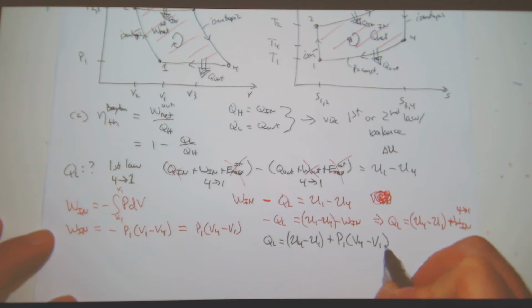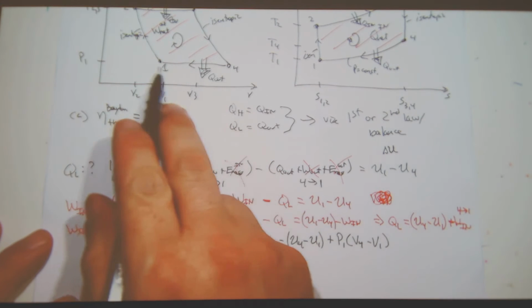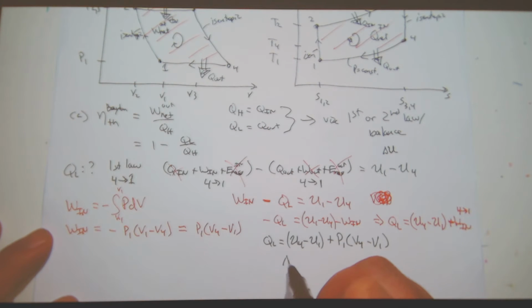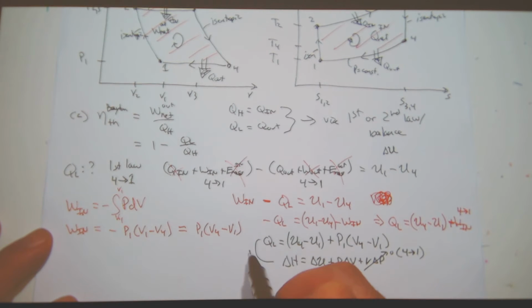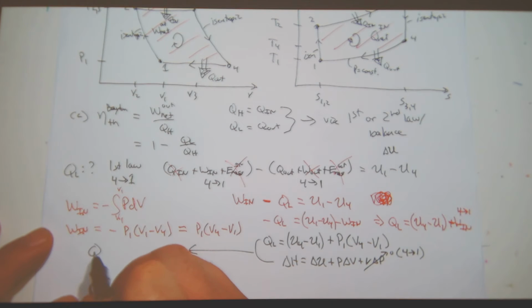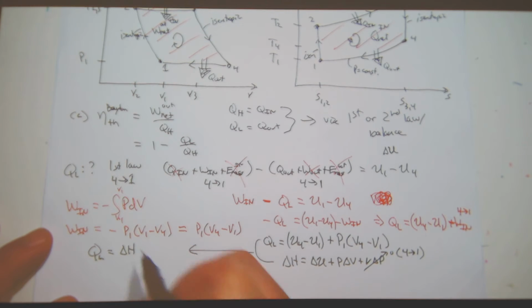This is a constant pressure process, so delta H is equal to delta U plus P delta V plus V delta P. This is 0 from 4 to 1, constant pressure. So my QL, combining these two, QL is equal to delta H